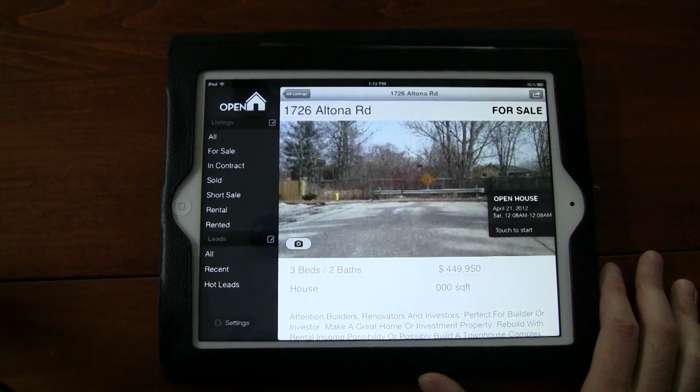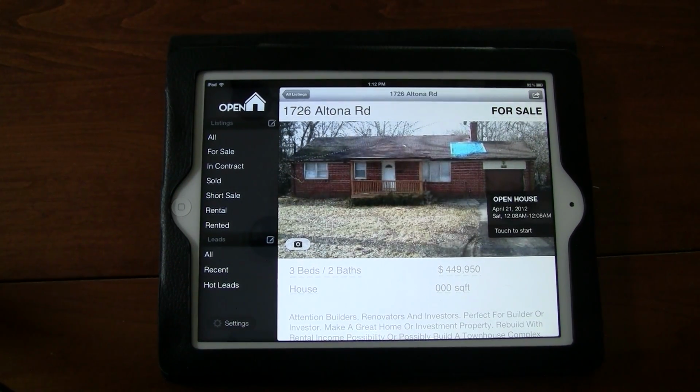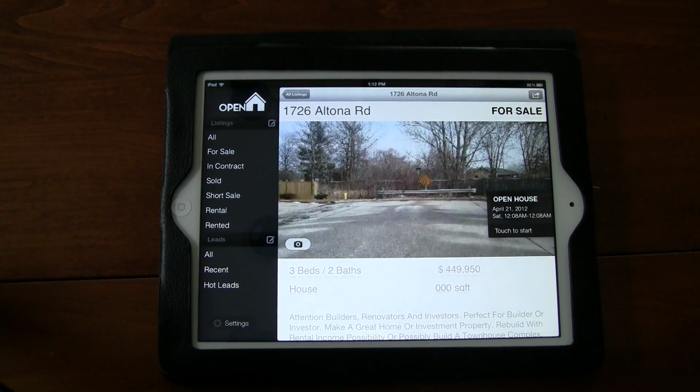Now, the beauty about using an iPad at an open house is a lot more people are willing to put in their information when they get to play with a tablet. People tend to get more excited about it. I find that when it comes to